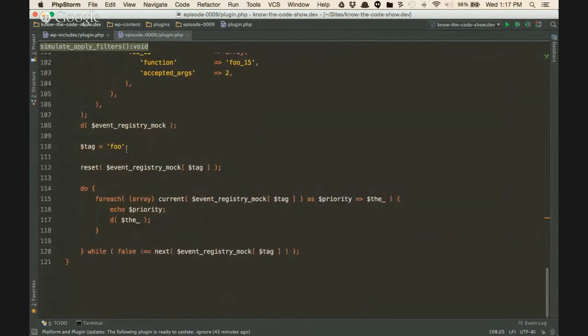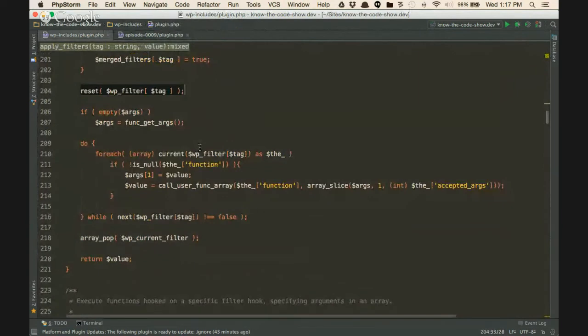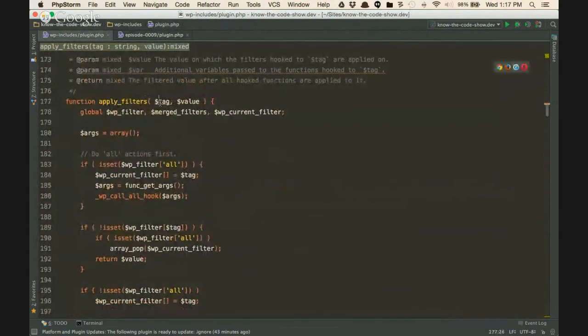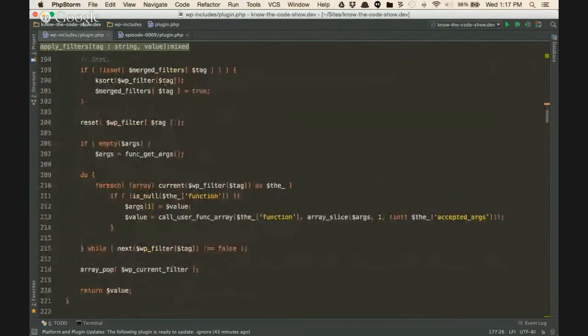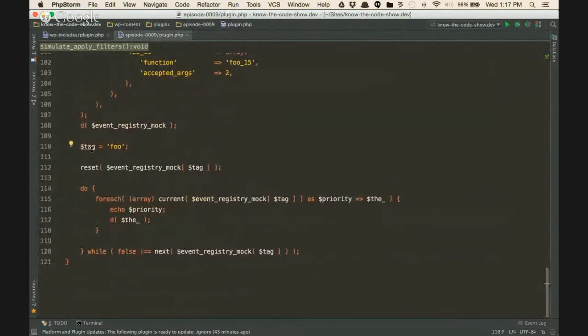But what I'm going to do instead now is I'm going to assign the tag. And if we looked here, that's what they called it, was a tag. Let me scroll up so you can see it, which is the event name. That's what tag is. Okay. So we come back here. So I'm assigning that to foo. It's the only one I have in there. So it makes sense. And then we're going to reset, and then we're going to go down through this do while